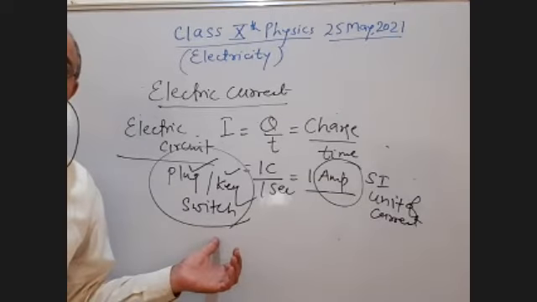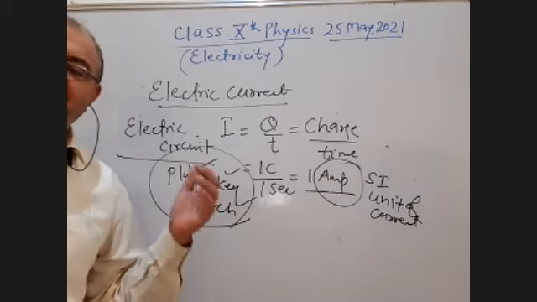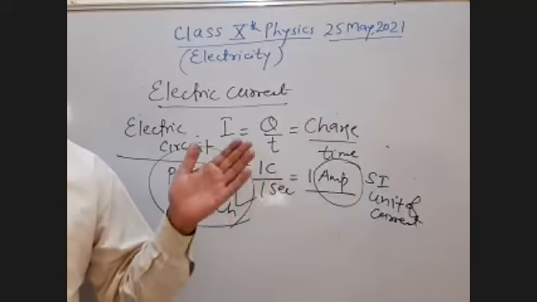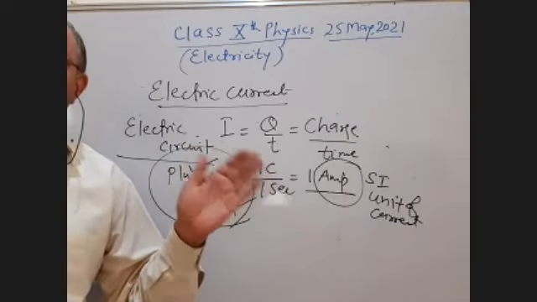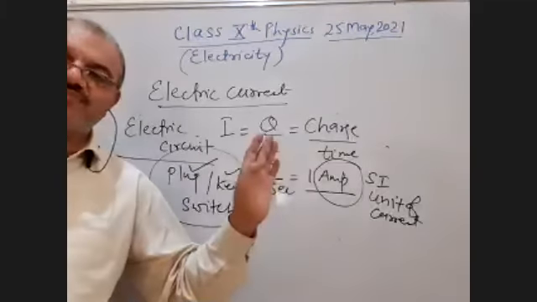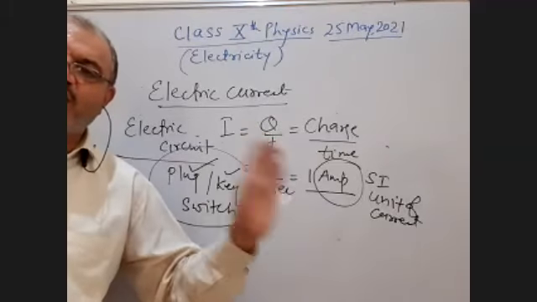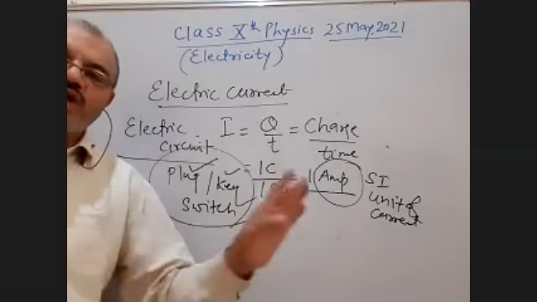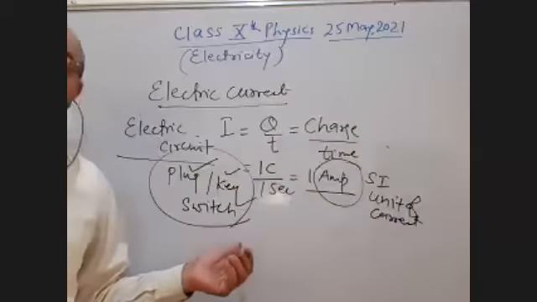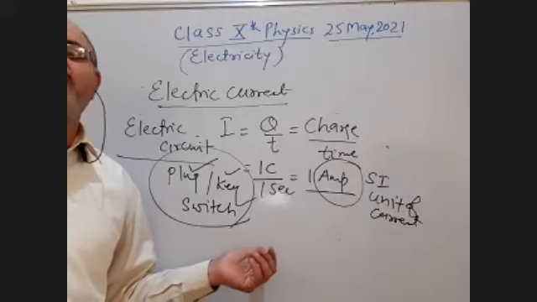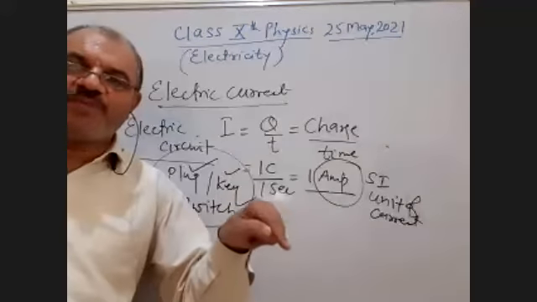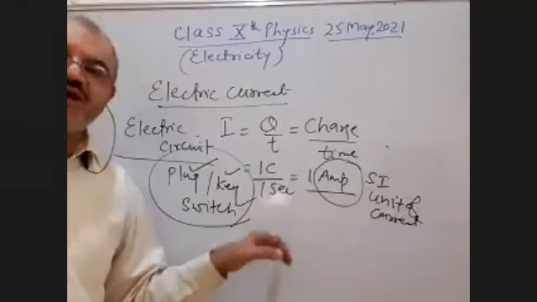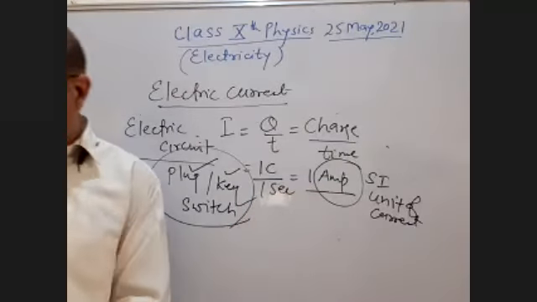When the switch is in the on position, it will allow the current to pass through and the circuit will be closed. When the switch is in the off position, the circuit is open, it will not allow the electric current to pass through, means the circuit is open. To make the circuit close or open is the function of the switch, that plug or key. Very, very important term, students.